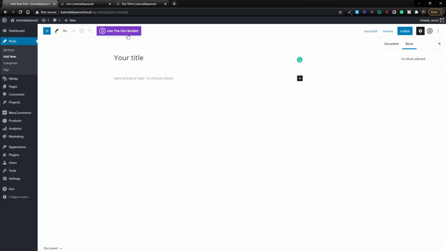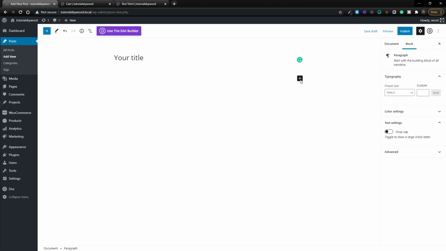There's no real need to use the Divi builder unless you are adding some designs to your stuff that you just feel like you're able to use the Divi builder to do. But if you've never used the Divi builder, just go ahead and use the default editor. It's very, very customizable as well. So if we look here, your title is still up here, but this is pretty much where your blog content